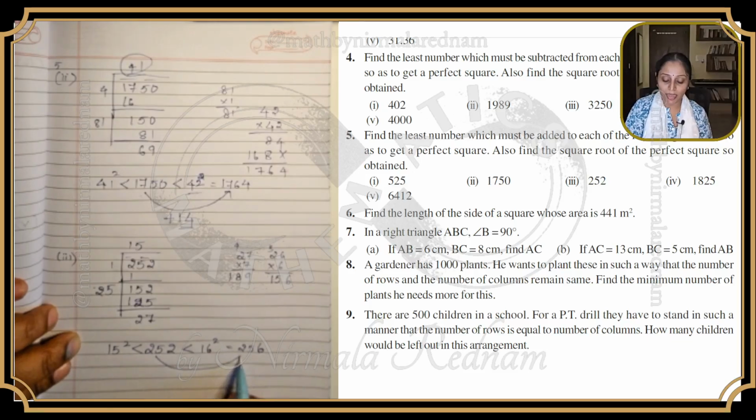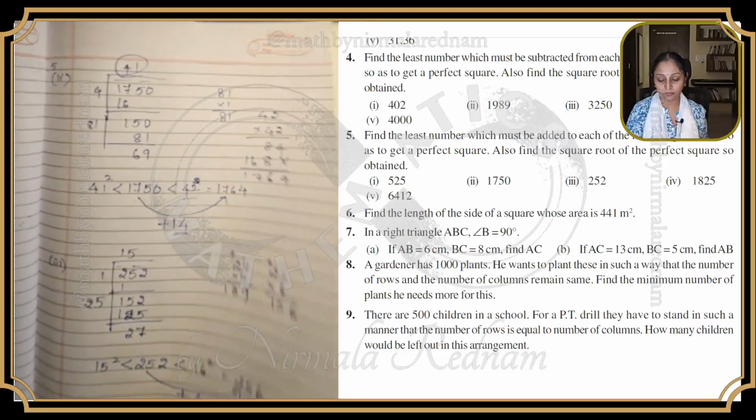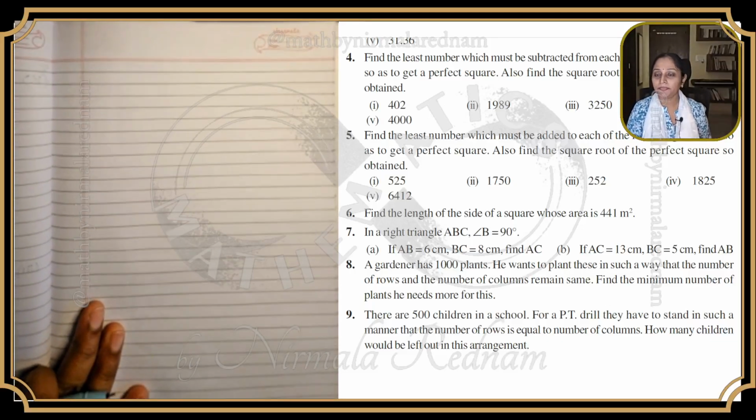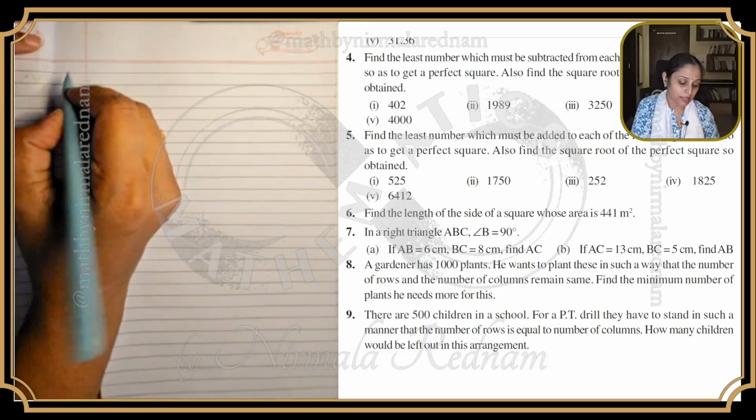And so what should be added to 252 to make it a perfect square? I have to add 4 to it, right? So if I add 4 to the given number, it becomes a perfect square. And what is the square root of that perfect square? It is 16. So that is your third question. And then in the fourth question, they're asking